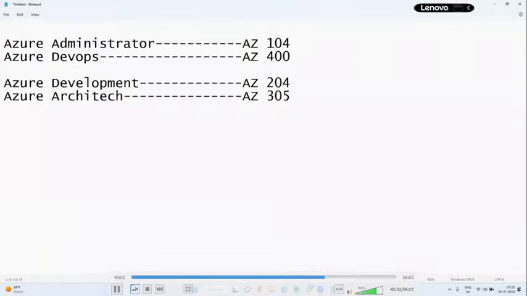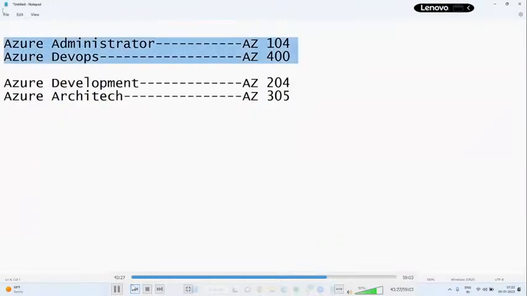These are the four important certification papers. As I said, there are Azure AI, Azure Cyber Security, Azure Data Engineer, Azure Fundamentals, Azure Machine Learning, Azure Security, Azure Virtual Desktop. We have a number of certification papers, around 15 to 20, but the very popular ones are these four.